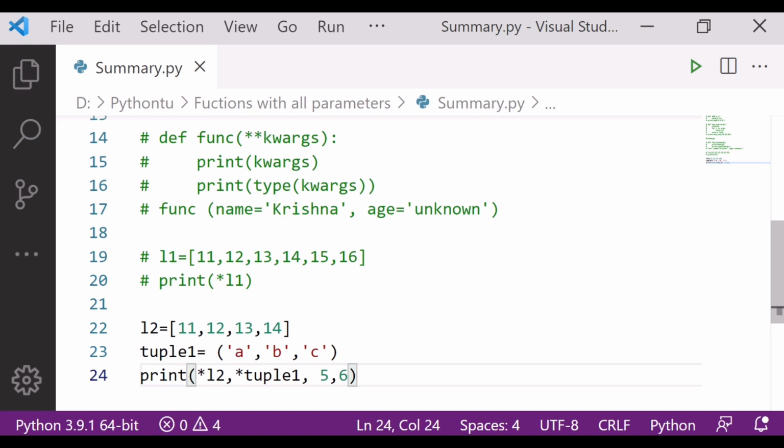The order should be maintained: first is normal parameter, then args, then default parameter, then keyword, then kwargs. So this PADK should be followed. If you change this order, you will get an error. I hope it is clear to you.